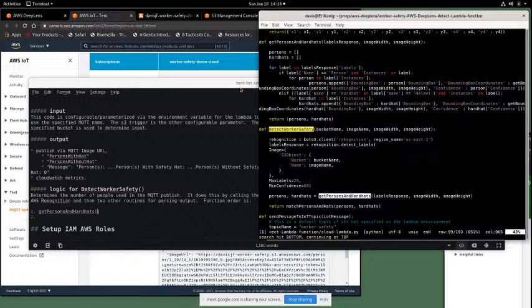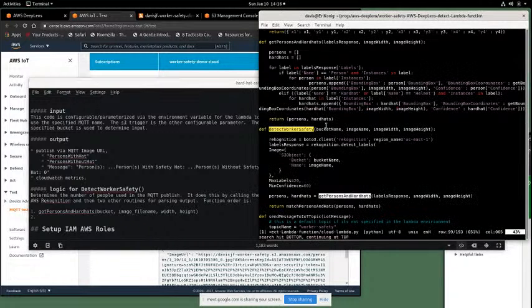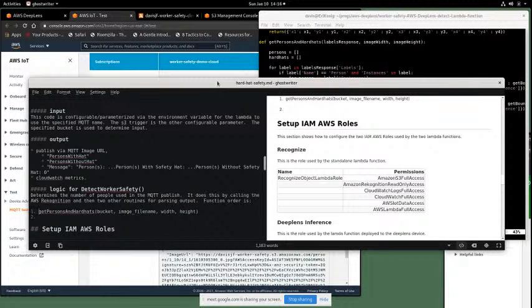It's bucket, file name, image file name, width, height, something like that. And what does he get back? He gets back persons and hard hats. So it's like he's persons, hard hats. So we're kind of writing code here, but the thing to say is